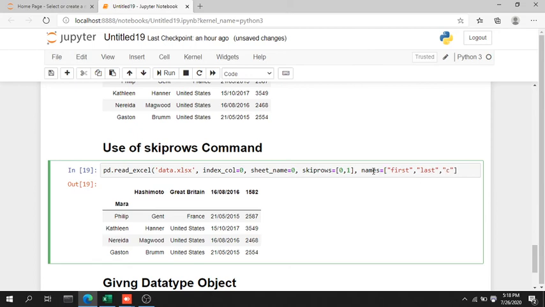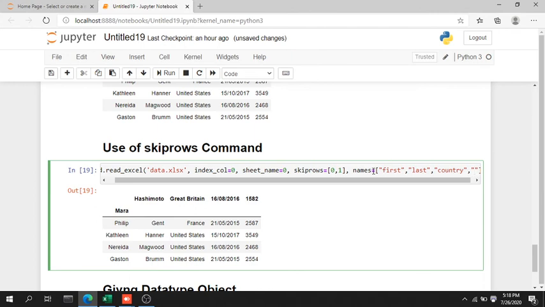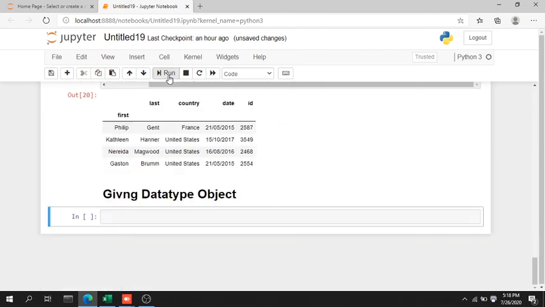Now I'm giving the country, then it will be date as I've given it earlier, and now the last one is the ID. So you can see here I've given my own custom name to each individual column, and skip rows. Let me just execute it, and here you can see that it has successfully changed the header names of all the columns and just given us the 4 rows that we want. Like we have skipped rows 0 and 1, so it has just given us the 4 rows.